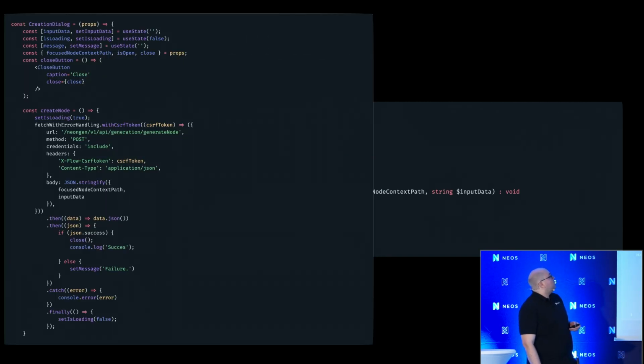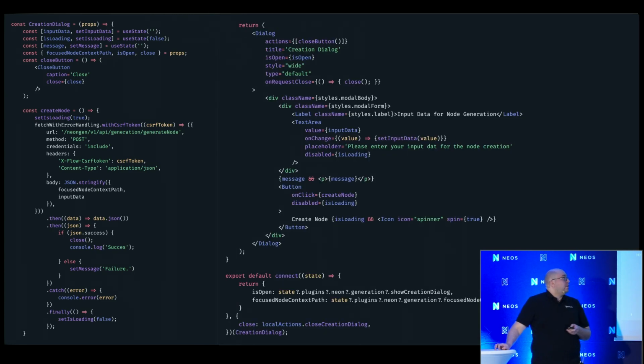Here you can see some code snippets from it, which I find the most interesting. Here is my request to my backend, where I also add the CSRF token to use the login mechanisms from Neos to be logged in and securely communicate with my backend controller.